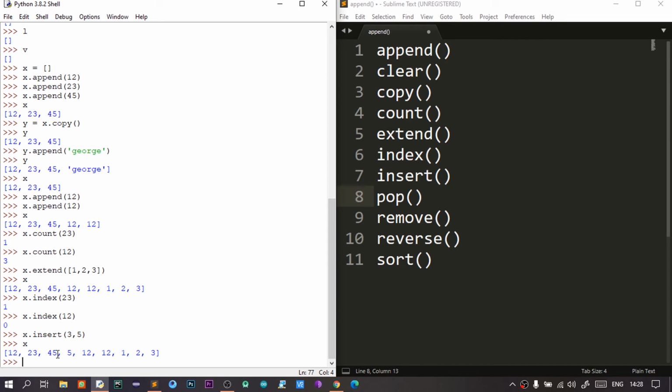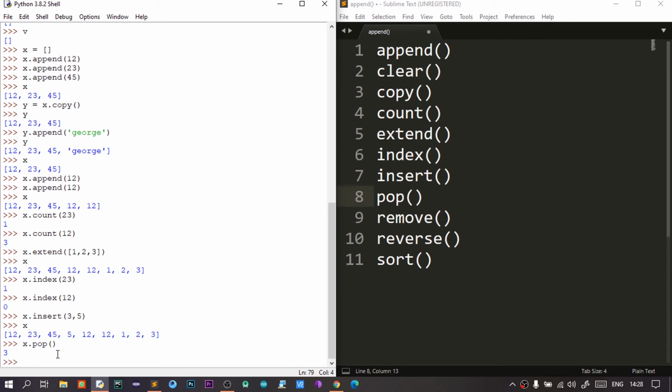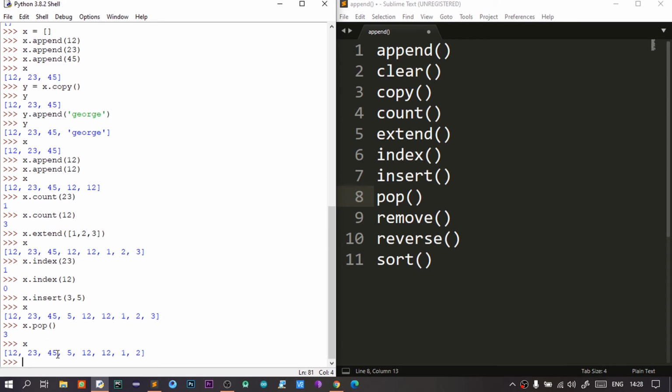And the next function is pop. This pop function will remove the last element of the list, or if you specify an index, it will remove the element at that position. First, we will try just pop. The element is 3. If you check the list now, there is no 3 in the list because we have removed it.